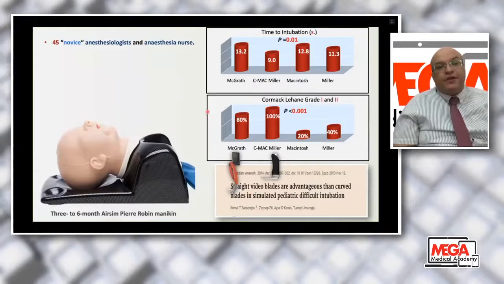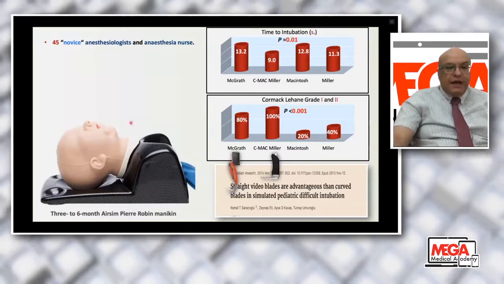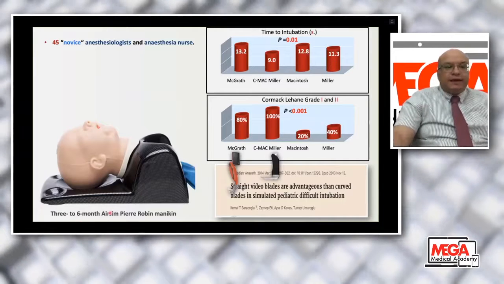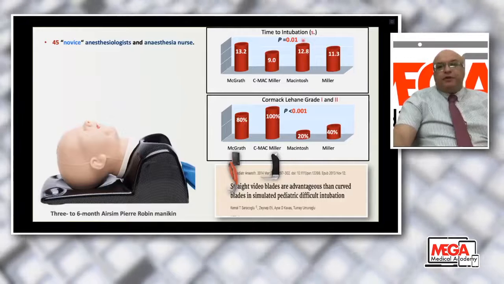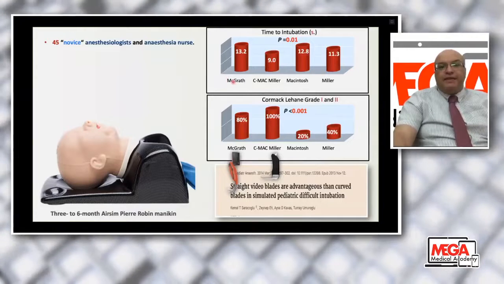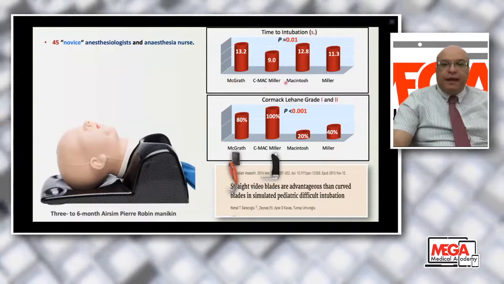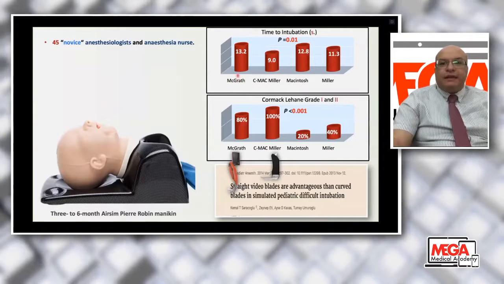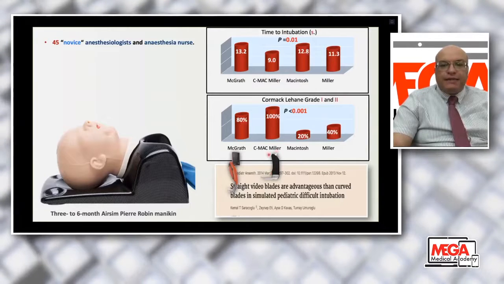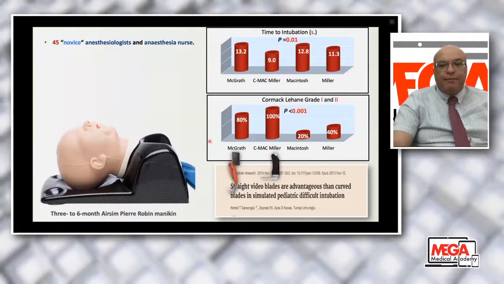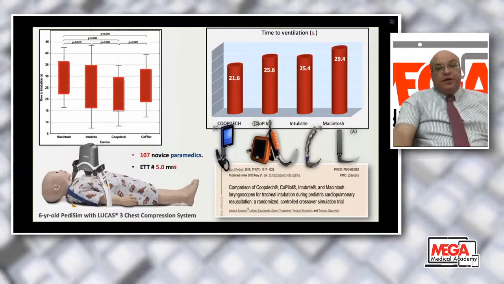In another study, including 45 novice anesthesiologists and anesthesia nurses, using a 3 to 6 months AirSim Manikin with anatomy, they found time to intubation was significantly less using Miller blade, of course. But you can see in McGrath, there is no difference between C-MAC with a Miller straight blade and McGrath. It's an interesting study, including